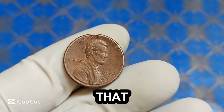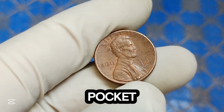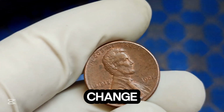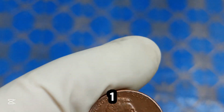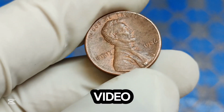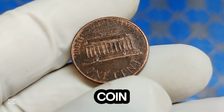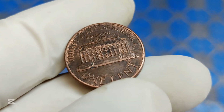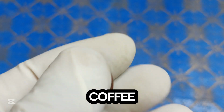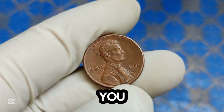What if I told you that the humble penny, yes, that 1 cent coin jingling at the bottom of your pocket, could be worth thousands, or even millions of dollars? From everyday change to historical treasures, the 1 cent coin holds stories that stretch across centuries. In this video, we're diving deep into the fascinating journey of the US 1 cent coin, its origin, its evolution, and the hidden gems that collectors hunt for. So grab a cup of coffee and maybe even your coin jar, because, who knows, you might be sitting on